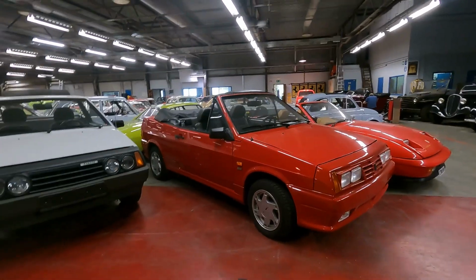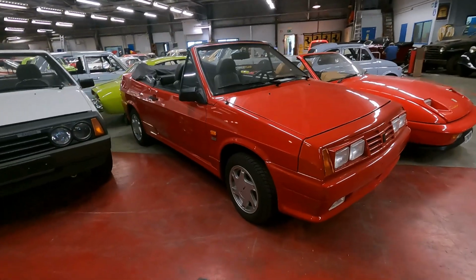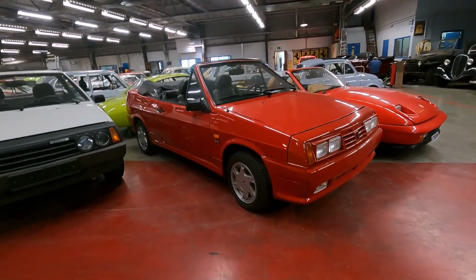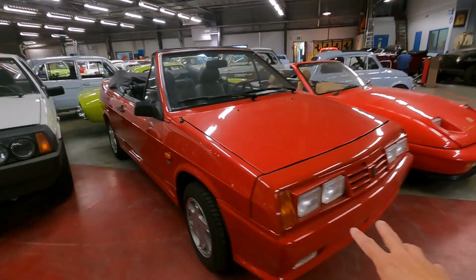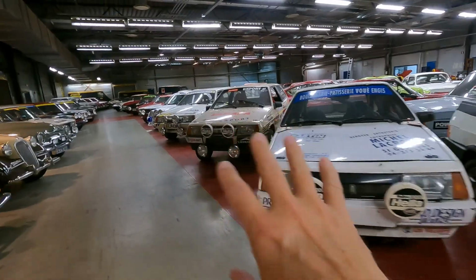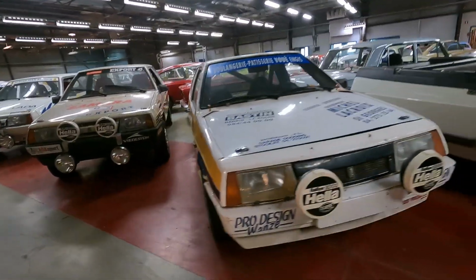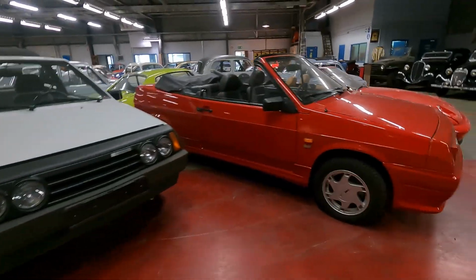This was made by, I think, EBI, and this was a full convertible conversion, and they gave the car many updates, making it look pretty good. Completely reworked front end with double headlights. Well, this has as well, but as a contrast, this is what it looked like originally. So these are Samara rally cars, pretty rare by the way. But let us talk about the EBI